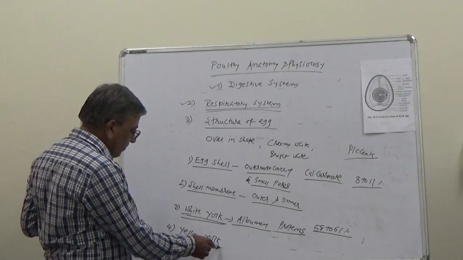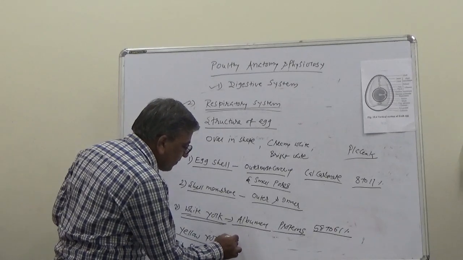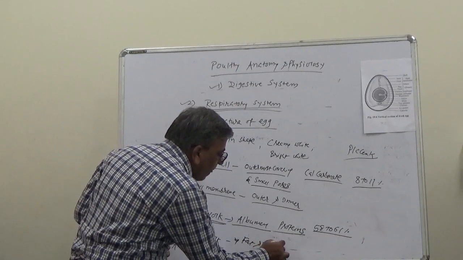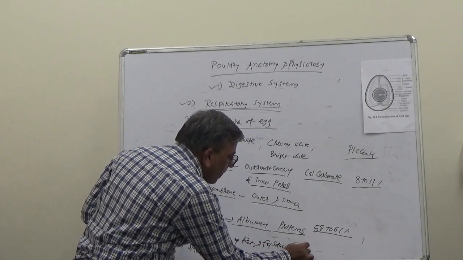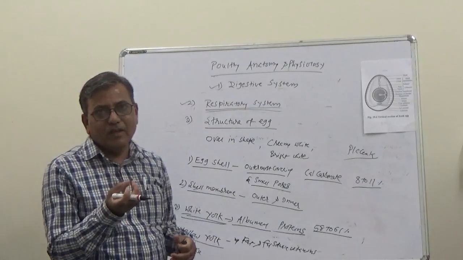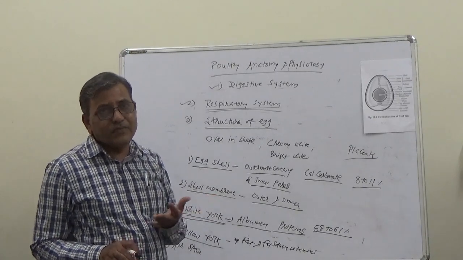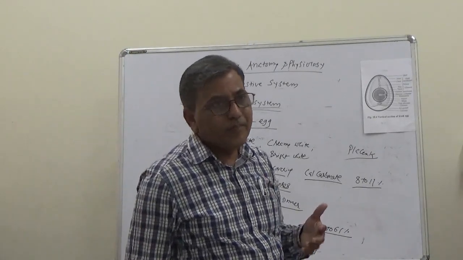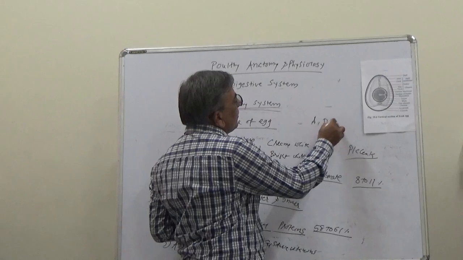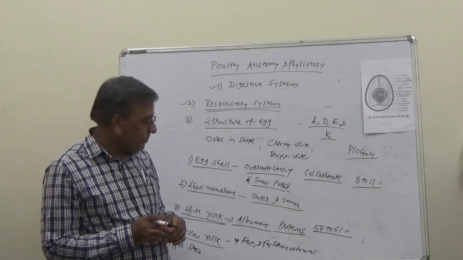It is spherical in shape. This yellow yolk is spherical in shape. It is yellow in color, as the name itself indicates, and it is rich in fat and fat soluble vitamins. The innermost part is yellow in color, it is spherical. Actually it is the ovum, and it is rich in fat and fat soluble vitamins. You know the classification of vitamins as water soluble and fat soluble. The fat soluble vitamins are 4: vitamin A, vitamin D, vitamin E and K. These 4 are called fat soluble vitamins.